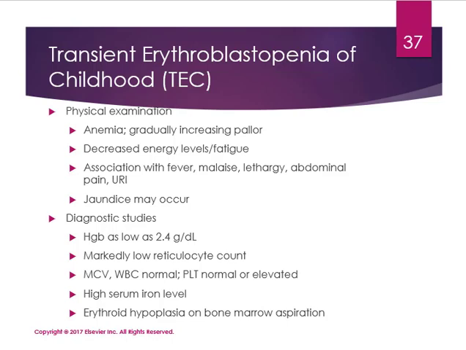The studies that you will order, you may see hemoglobins as low as 2.4. You will definitely note that low retic count, as erythropoiesis is not occurring too aggressively. The MCV and the white count may be normal. Platelets could be normal or elevated. You will see a high serum iron level, and you may see erythroid hypoplasia of the bone marrow if there is a bone marrow biopsy. So the red cells being